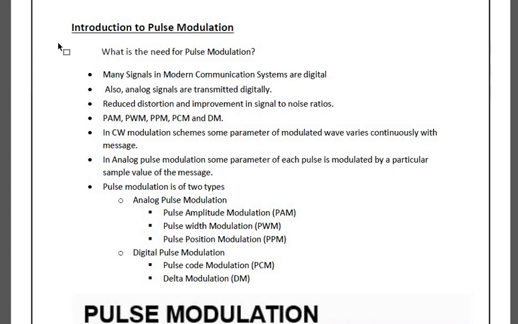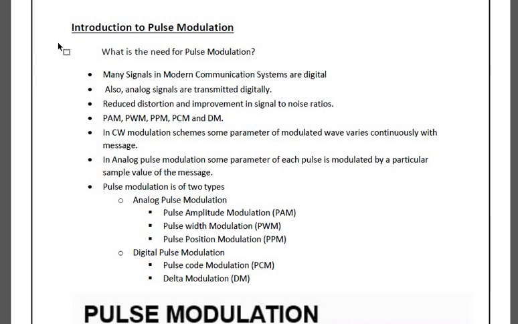Why actually do we need pulse modulation? Why do we require it? We haven't seen this topic in analog communication. What is the reason? Because when we are going for pulse modulation, you are now using digital communication. Your continuous data is digitalized, meaning you are converting it into a discrete format like zeros and ones. So your continuous signal is converted into digitalized form like zeros and ones, and whatever signal you are having is completely in pulses. A pulse train will be given. That's the reason we require these pulse modulation techniques.